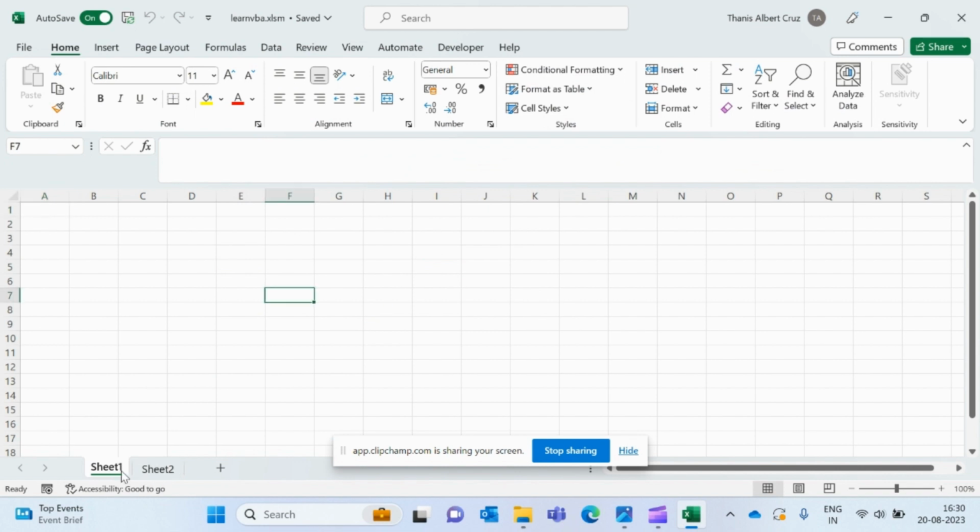So what is a cell? A cell is nothing but a single rectangular space which holds a value. So this is a cell. This is a cell. This is a cell. How can we access a cell? By the row and column concept. If you want to write a value in this cell,